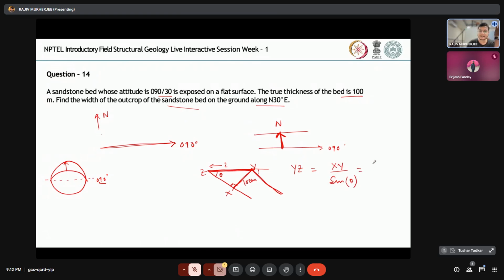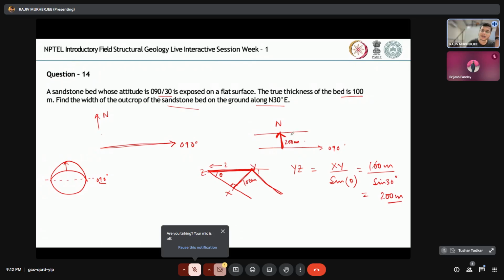Now that is 30 degrees, so 100 meters divided by sine 30 is almost equal to 200 meters. So this is the apparent thickness of the bed along the north direction, which is 200 meters,